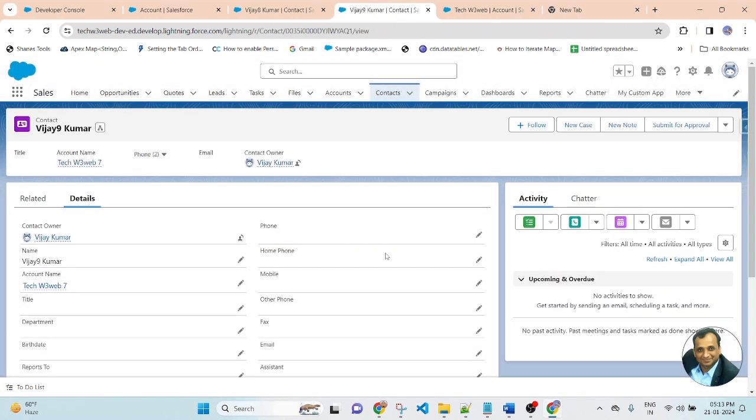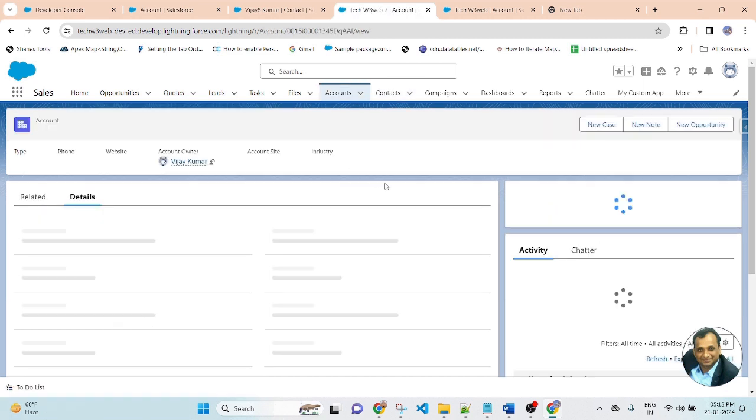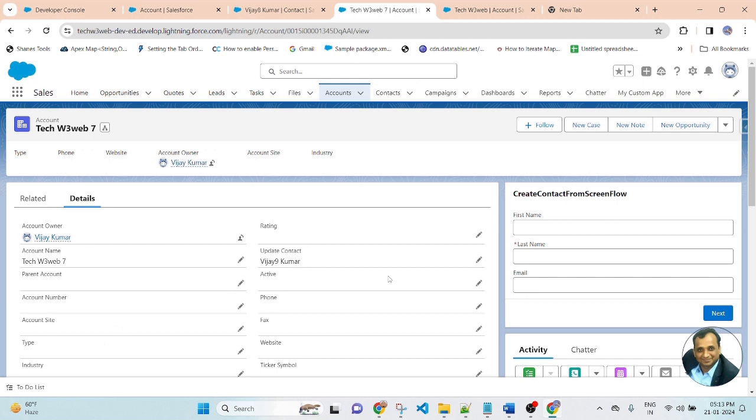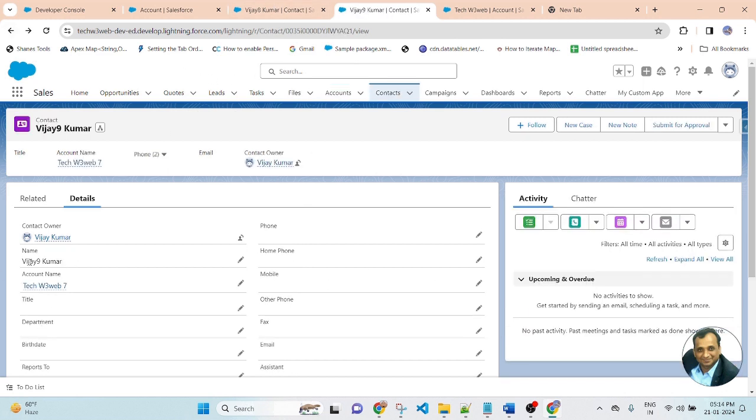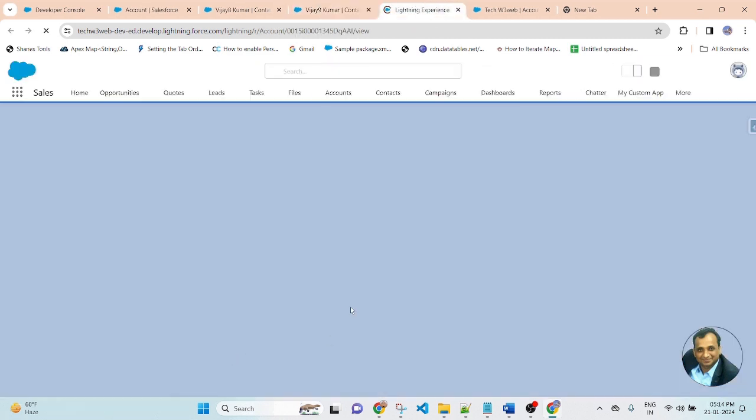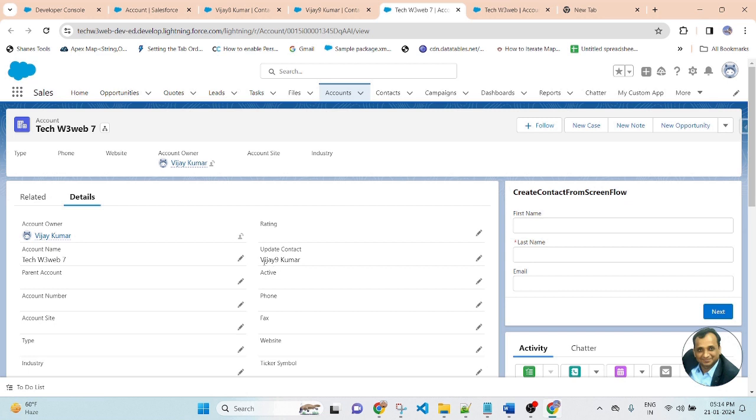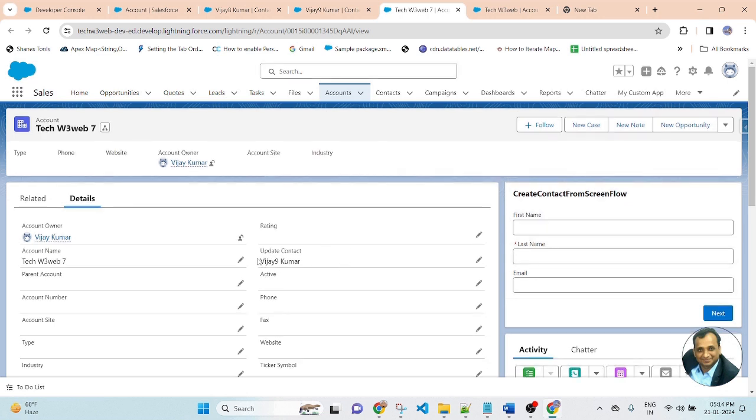So here I created a new contact, and this new contact is associated to Tech W3 Web 7, and you can see Vijay 9 Kumar automatically populated to the associated account. If you go back, you can see I created Vijay 9 Kumar, and this account name is TechW3 Web 7. So I am opening the record of the associated account. The first name and last name of the contact are automatically populated to the custom field of account.